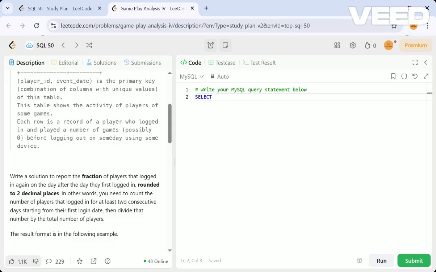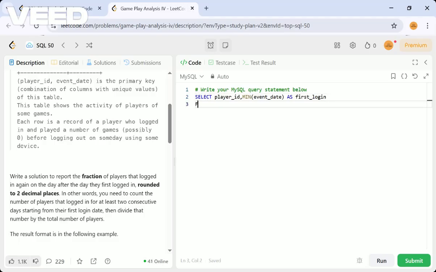First, let's understand the first login, the minimum date when the player played the game. We have done this in some earlier problem, like immediate order and scheduled order. So the minimum date we are taking as the first login.